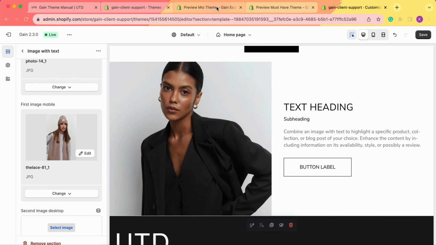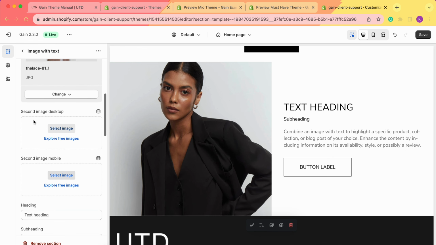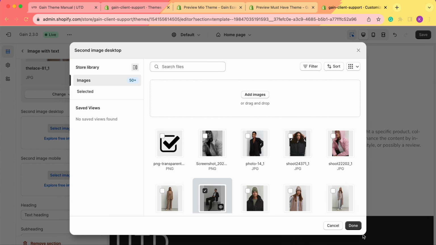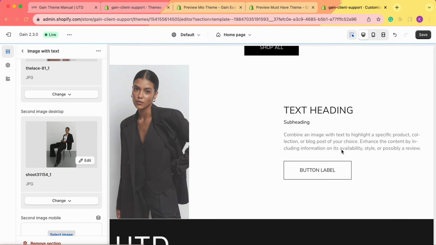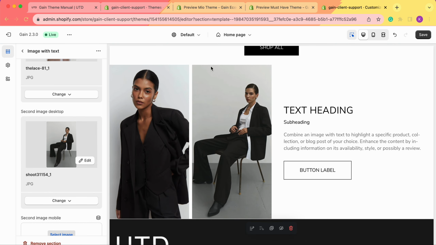And as you remember, as we've seen in one of our demo stores, we can also add a second image. So we scroll to the second image desktop here. Then we click on select image. And then we choose our image here. And now, as you can see, we have two images in this section,